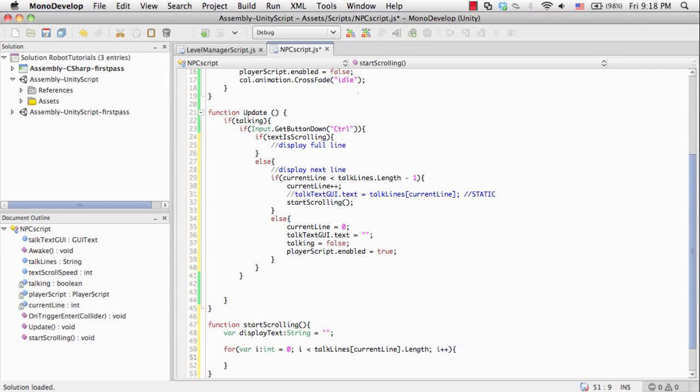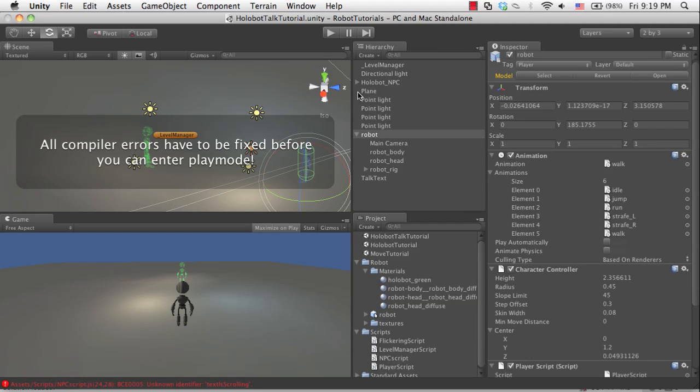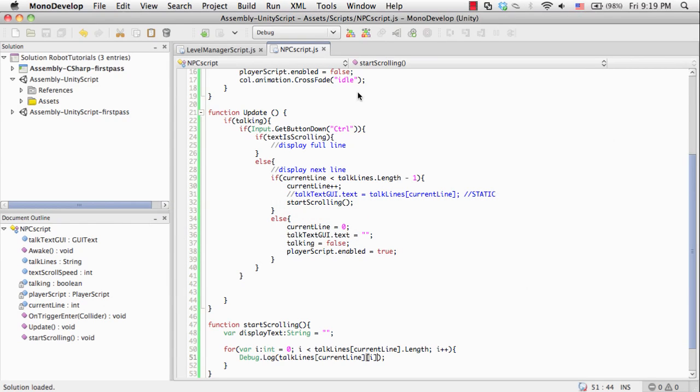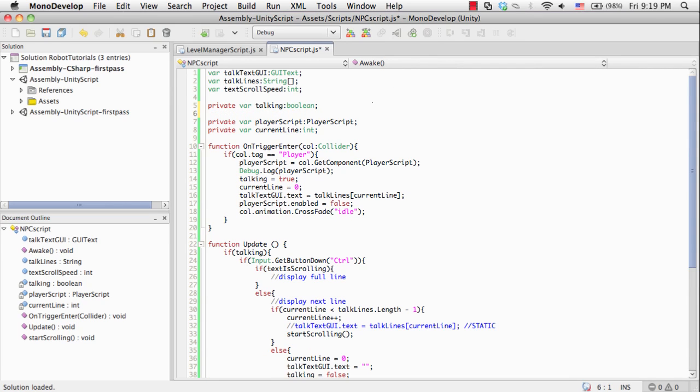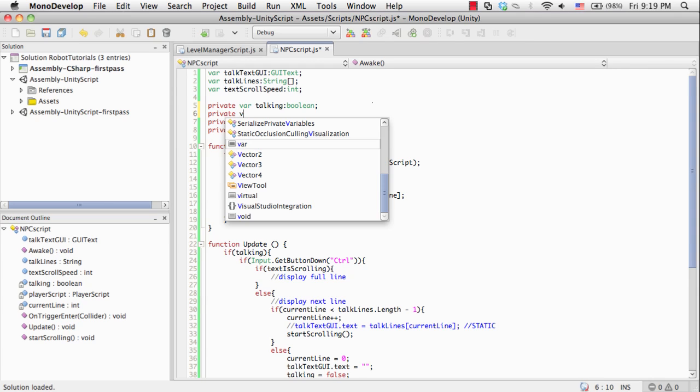And just to make sure that this is working, let's say Debug.Log talkLines current line. And because this returns the current line as a string, we can access the character by using another index, which would be i. So if I try this, I get an error because it doesn't know what text is scrolling is, which is a very valid complaint from the compiler. So let's go ahead and create another private var here,